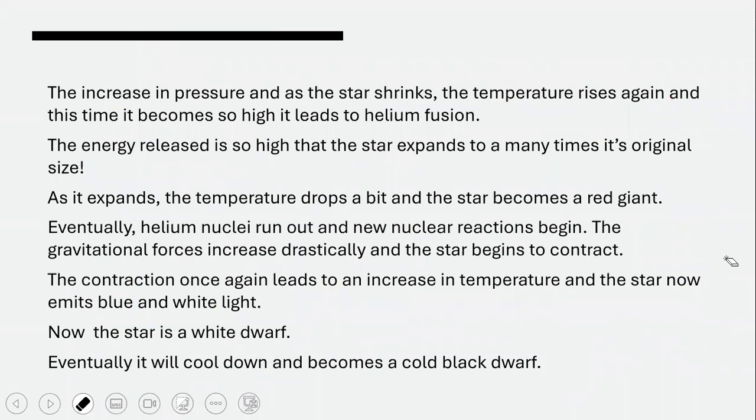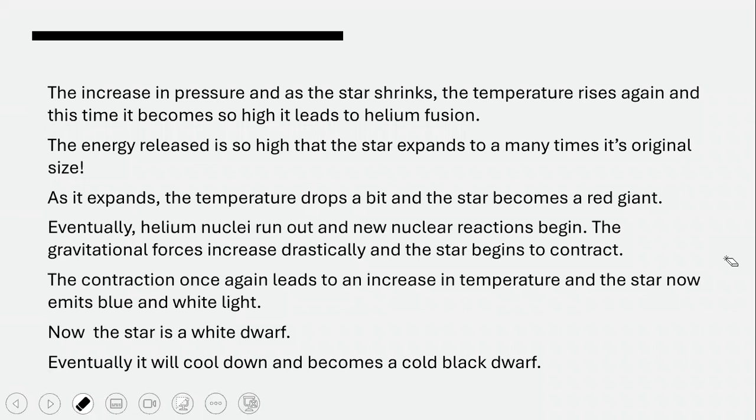The star is going to collapse. All the gas molecules will come close to each other. When that happens, it will cause an increase in pressure. You know that, right? When any gas is compressed, pressure increases. So when the pressure increases, what will happen? The increase in pressure will become so high that nuclear fusion will start again, but this time with